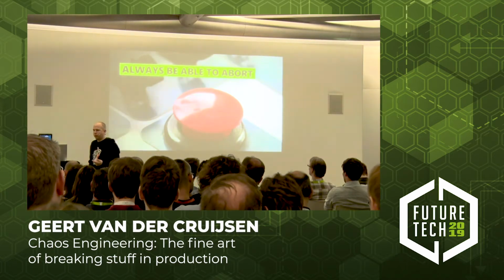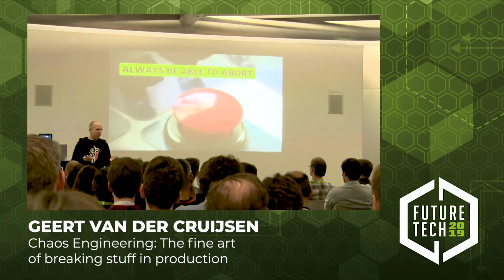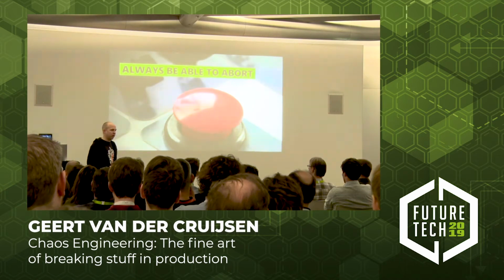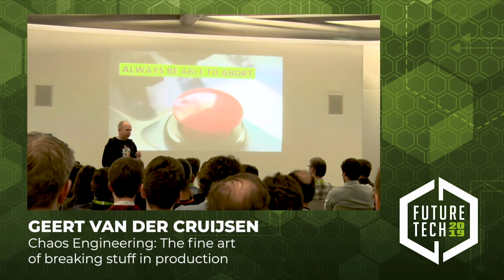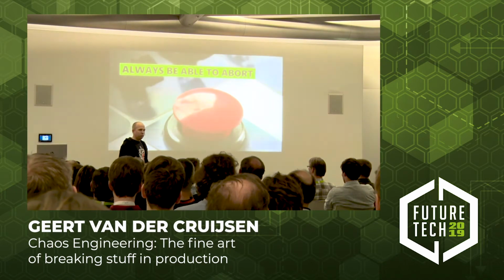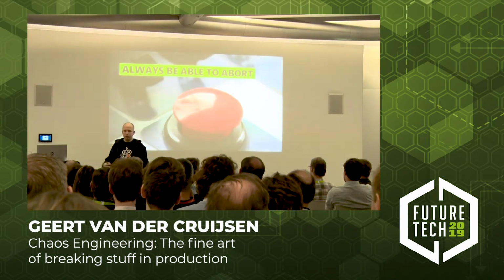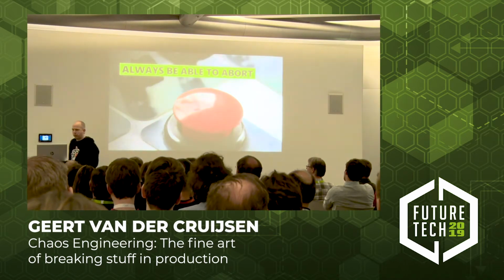You always want to be able to roll back in case the failure is far worse than you expect. Of course, you might think, oh, well, only this service will stop working, but maybe you have some small design flaws and you get cascading failures, and in the end, one small failure will totally destroy your full landscape.